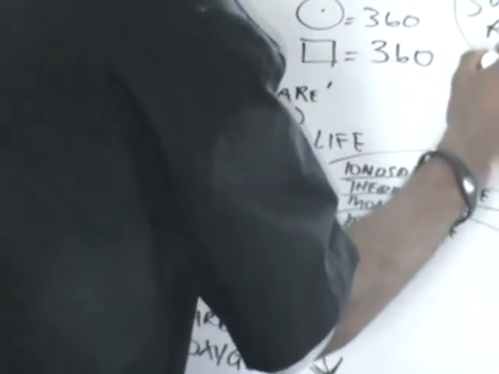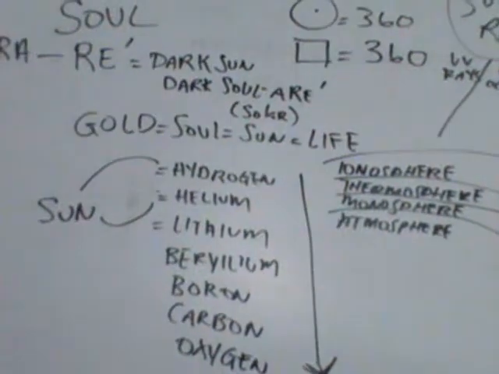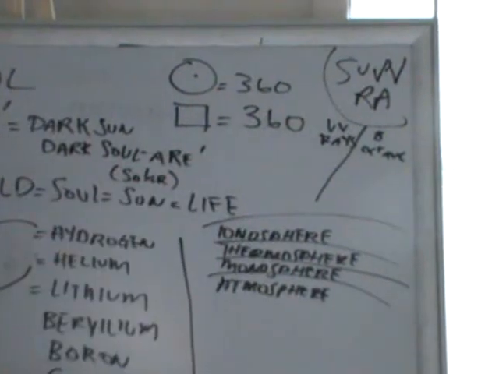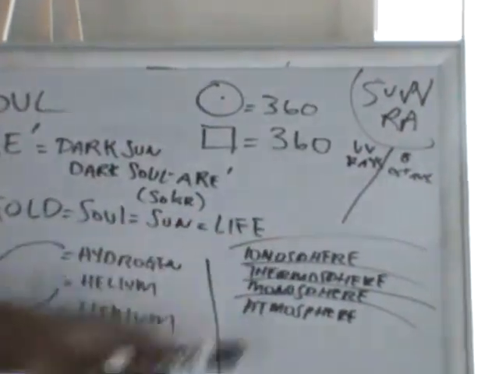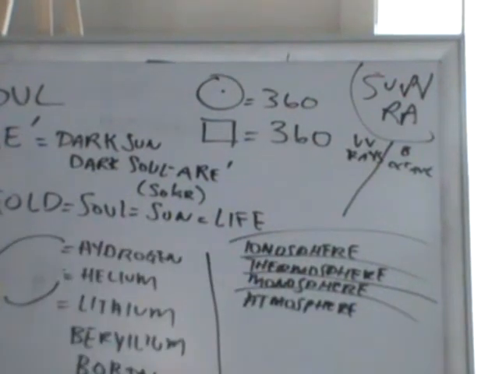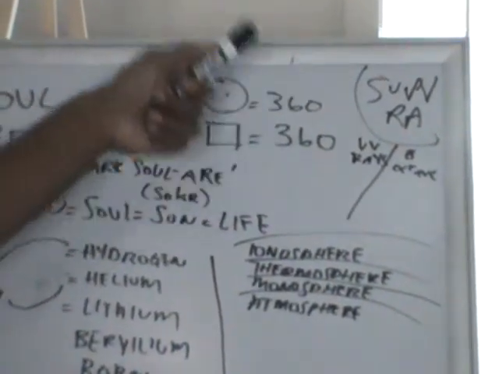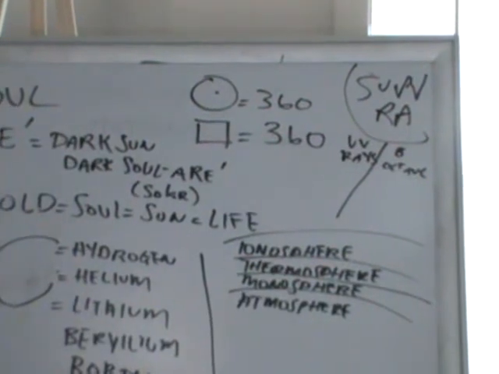These are layers that the UV rays from the sun, let's call it the sun, has to come through. They start off with UV rays on an 8 octave. And as those vibrations come down, and in the UV rays, the ionosphere collects all the ions. In the thermosphere, it collects the heat. In the monosphere, it takes that sound and it breaks that sound down into a singular light and can be